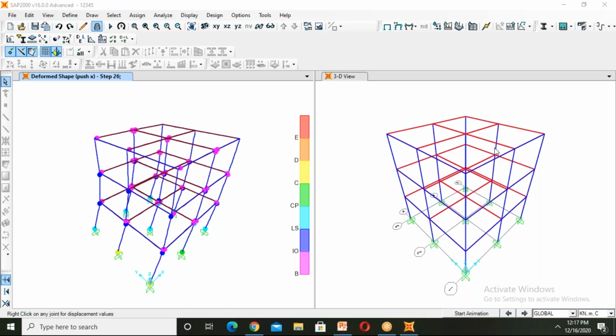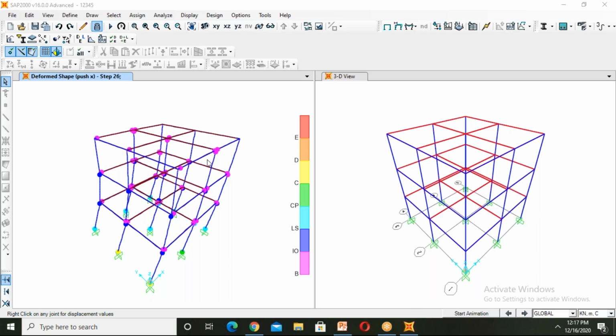Hello, ma'am. Good morning. Tanveer Hydri, sir. Ma'am, I want to know whether we can analyze pushover analysis only using this software, or with other software also.